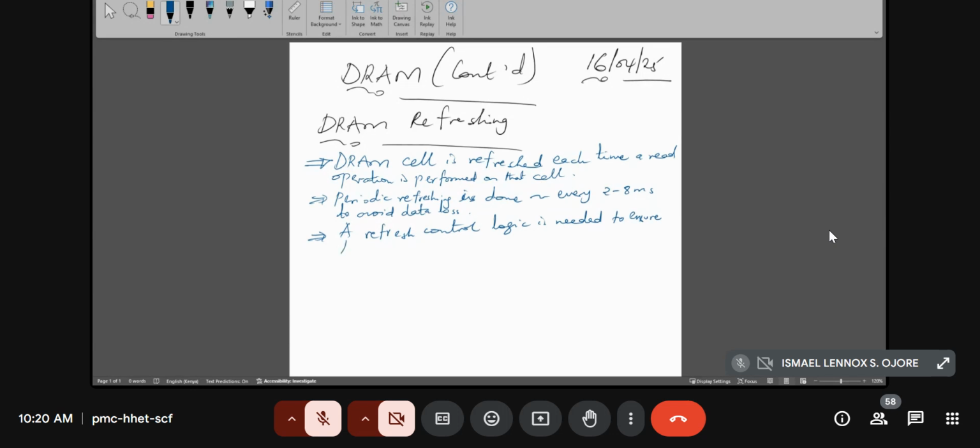Then there are two refresh modes available. One is the burst refresh,